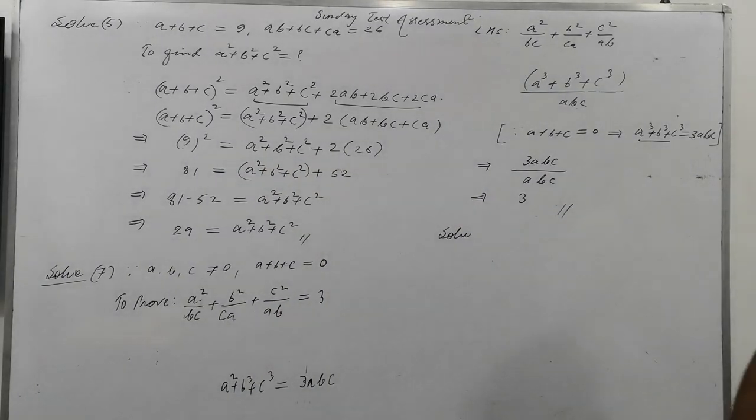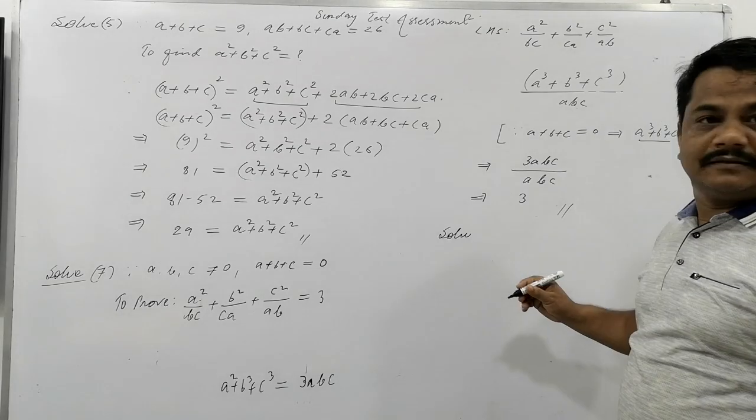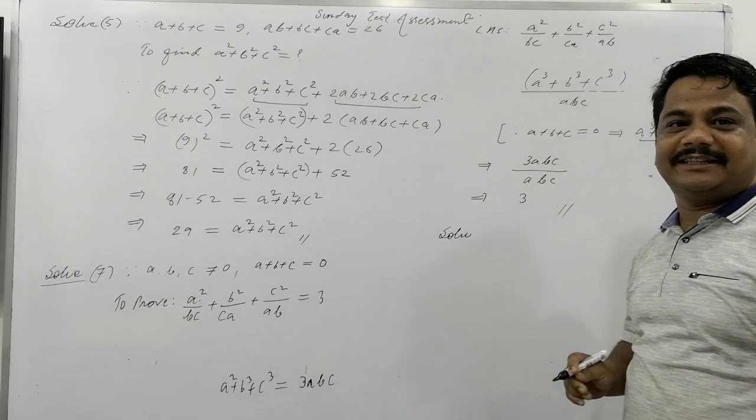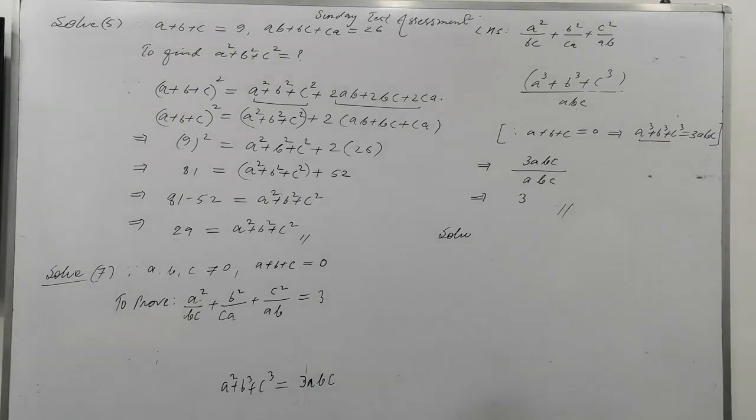Question number 5th: a car travels 15 kilometer towards east, 20 kilometer towards south. Excuse me, this is not mathematics, it's physics. First, for mathematics, I will tell you this doubt here. No doubt is there? All questions you have done in the paper? Please, you have not done this.